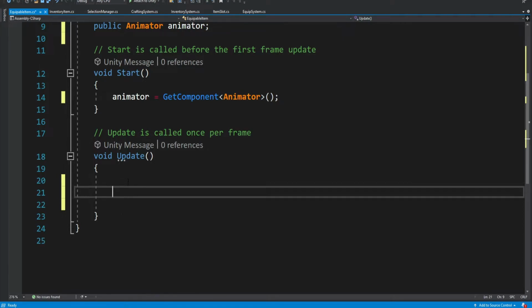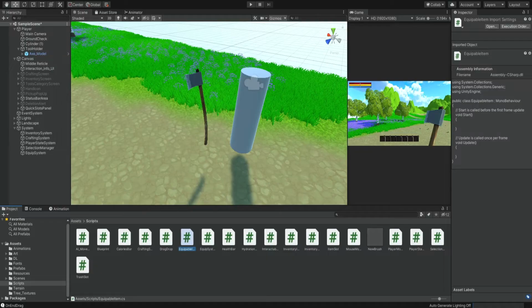So then when we got this reference to the animator, we're simply going into our update method. And over here, we're going to check if the player pressed on the left mouse button, okay? Because when we click on our left mouse button, we want the axe to swing, right? We want to trigger this swing animation.